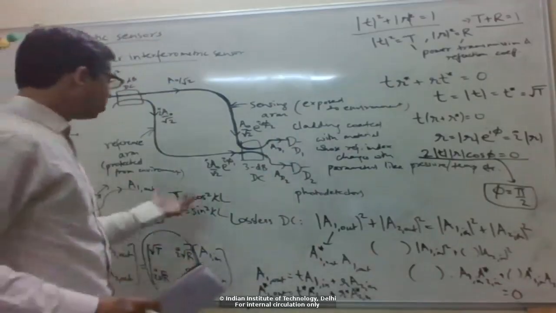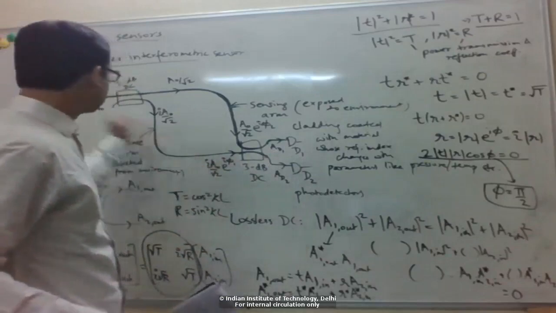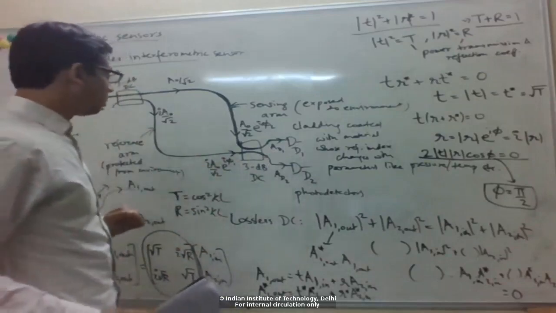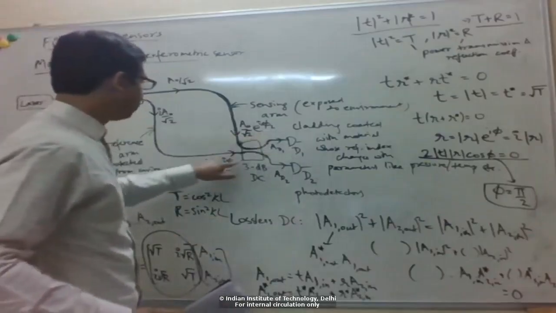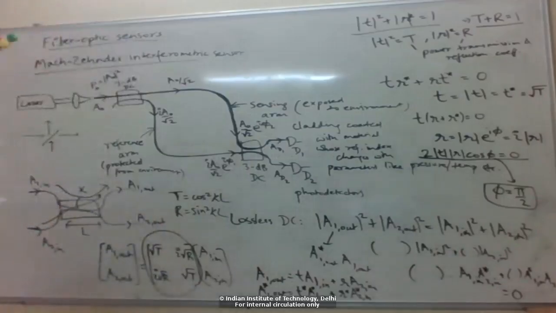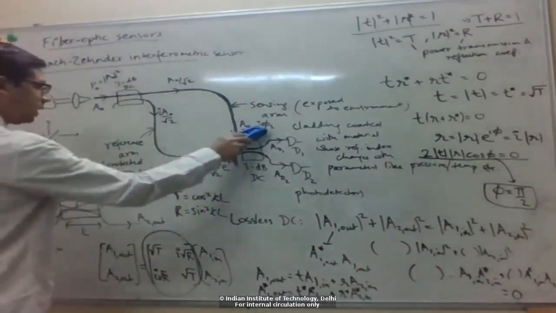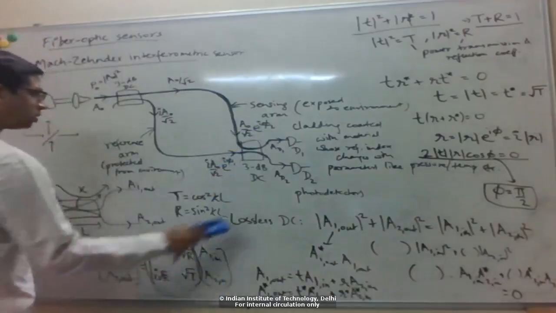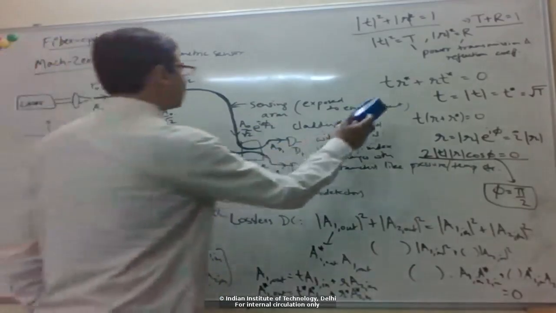So basically, finally you can see we will get A_D1 and A_D2 in terms of A_0, which is decided by the input power, and this phase shift. Specifically, we'll see the phase difference phi 2 minus phi 1. So basically, if you plug in these input amplitudes here, and then A_D1, A_D2 for the output amplitudes here, we can write